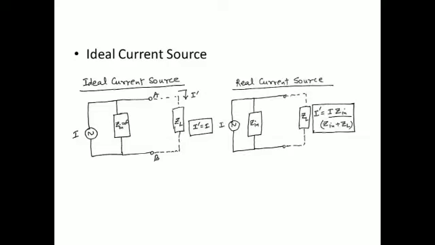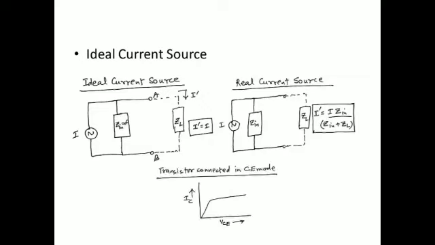Now the figure that you see on the right is that of an actual or a real current source, and here the internal impedance is not infinity, it is much lower than infinity, and therefore the current at the load is dependent on the load impedance. Example of a nearly ideal current source is a transistor connected in the common emitter mode, and the figure that you see at the bottom is the VI characteristics of a transistor connected in the CE mode. You can see that the collector current or the output current gets nearly constant irrespective of the collector emitter voltage VCE.